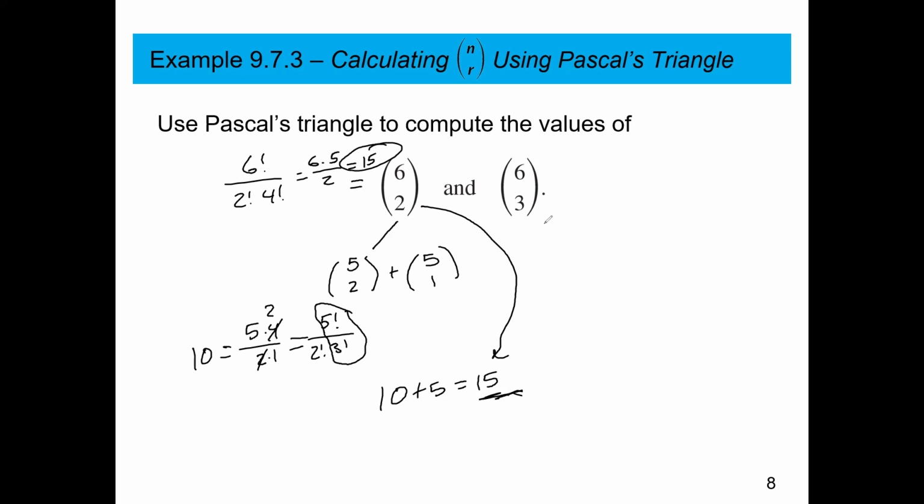Bigger. And the same thing here. I would break this one up into two values. Now you would break this up into 5 choose 3 plus 5 choose 2. Now we already know 5 choose 2, and it's 10. Now the really nice part is 5 choose 3 is equal to 5 choose 2, because